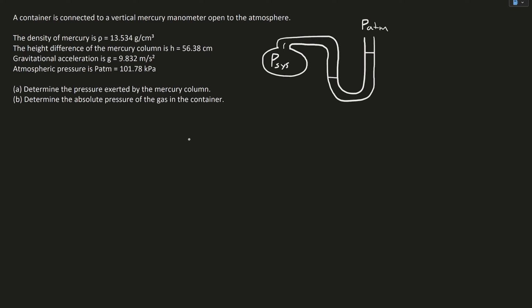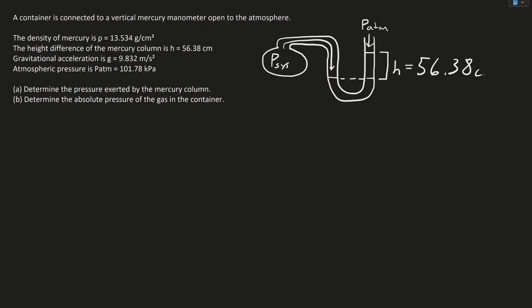The pressure in the system pushes on the mercury from this end, while the atmospheric pressure pushes on this end. Here we can see that the mercury is higher on the atmospheric side, meaning that the pressure in the system is higher than the atmospheric pressure. And our height that we were given is relative to where the equilibrium point of the mercury is. We can draw this line here, which is known as the isobar, or the line of equal pressure. And this tells us the height, h, that we were given, which is